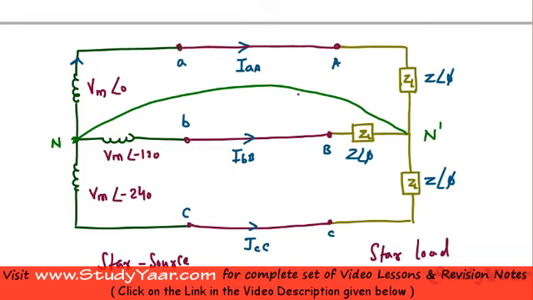Now the current flowing in this wire is in this direction because your current is coming in like this, your IAA. The other current is coming in like this and the other current is coming in like this, so your net current should be going out, due to sum of all these inward currents. Now let's apply my KCL at this point. What do you have? You have IBB plus ICC plus IAA is equal to IN dash N.